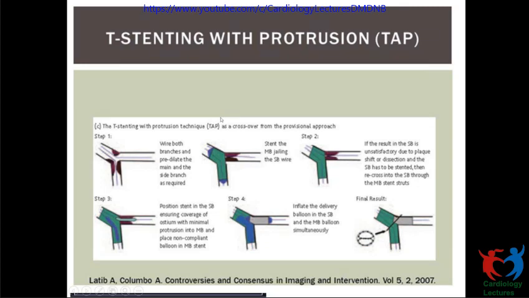So these are the steps of stenting with protrusion. So what about T and protrusion in this case? Anybody will go for that? Yeah, but angle is in favor for the DK crush. So I prefer the DK crush first than the TAP, because the angle is the major difference. And in the DK crush, you can have the proper approximation of both the stents. Again, with the TAP in this, the problem of the approximation and whether the final kissing balloon is going to be effective or not, we are not sure. So TAP is not a first choice in this.